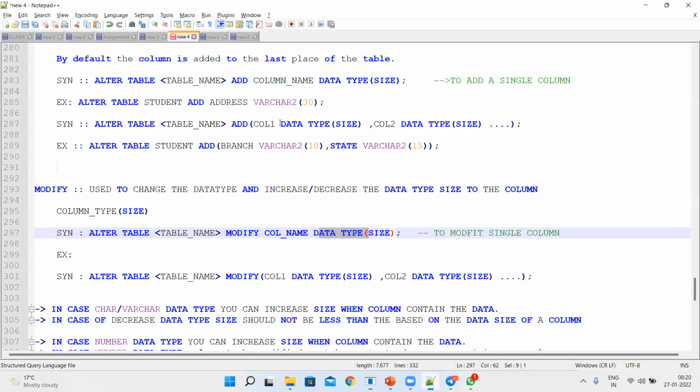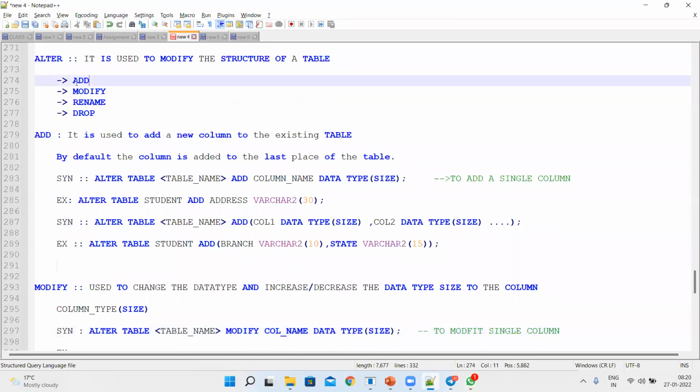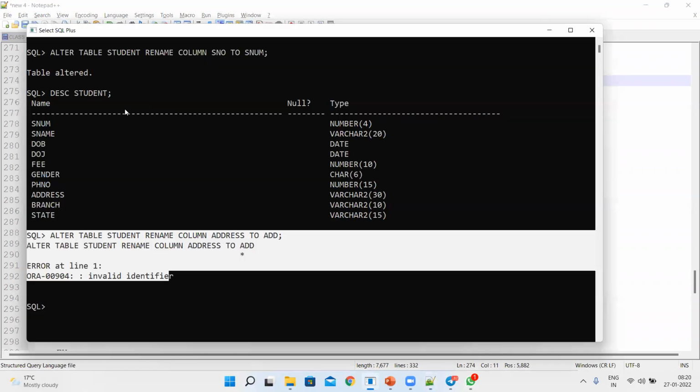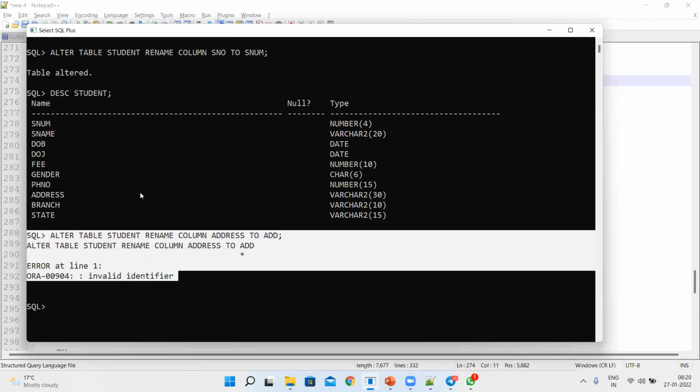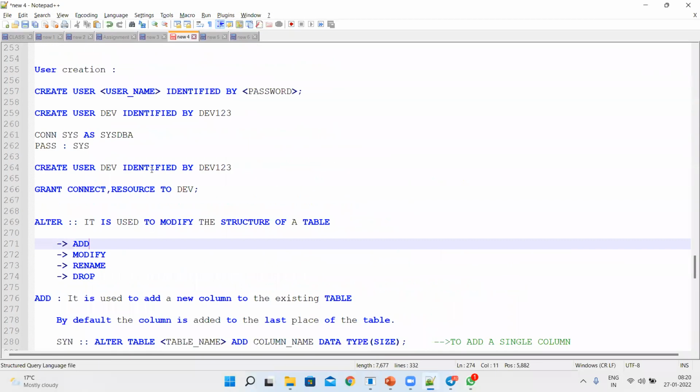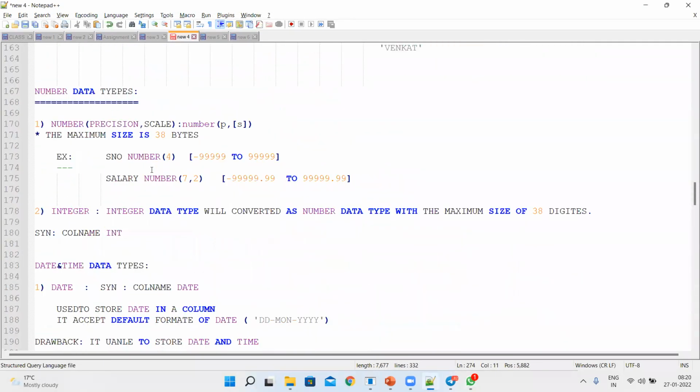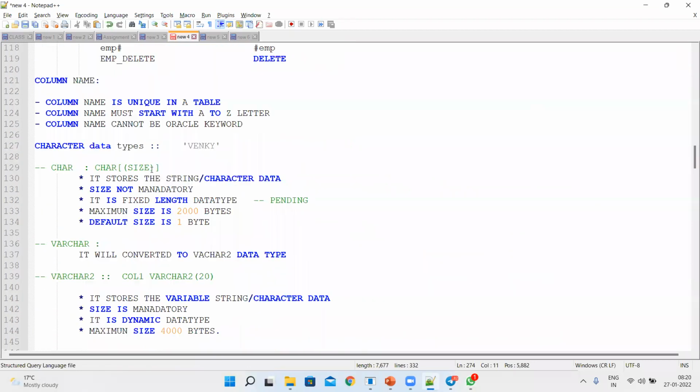Yes, very good. ADD is a keyword, an Oracle keyword. When we are creating a table, I already clearly explained that the table name or column name should not be an Oracle keyword, Oracle command, or anything.